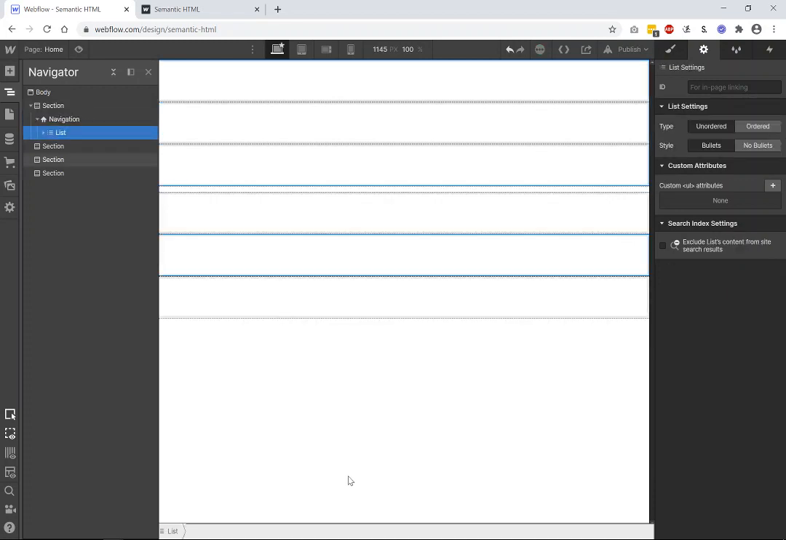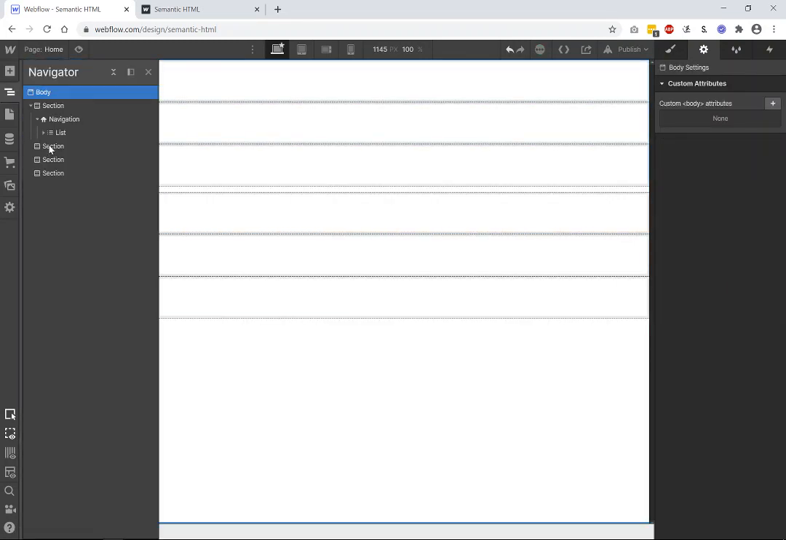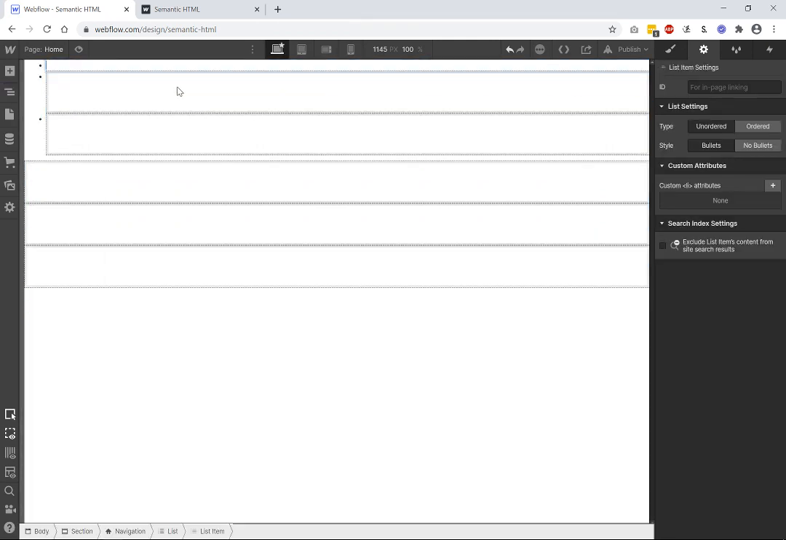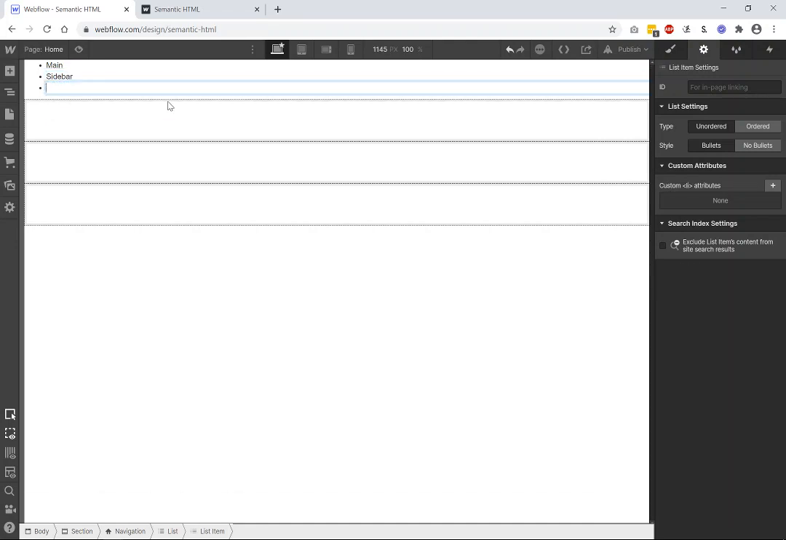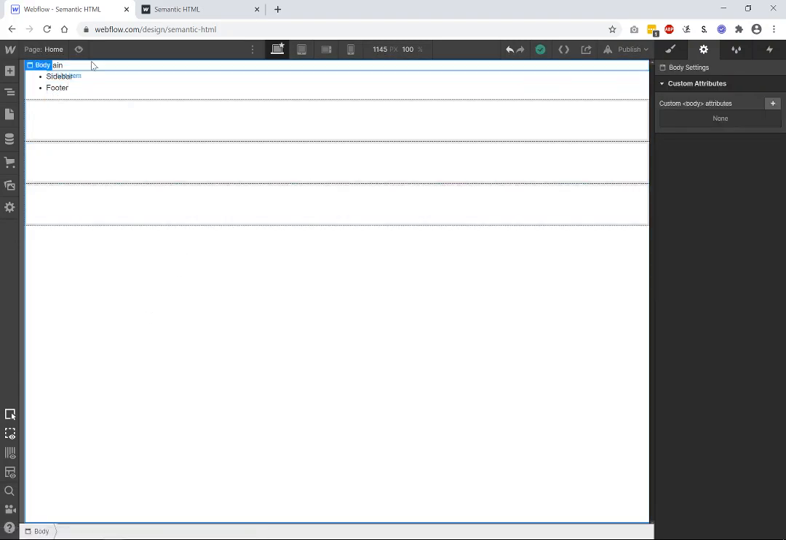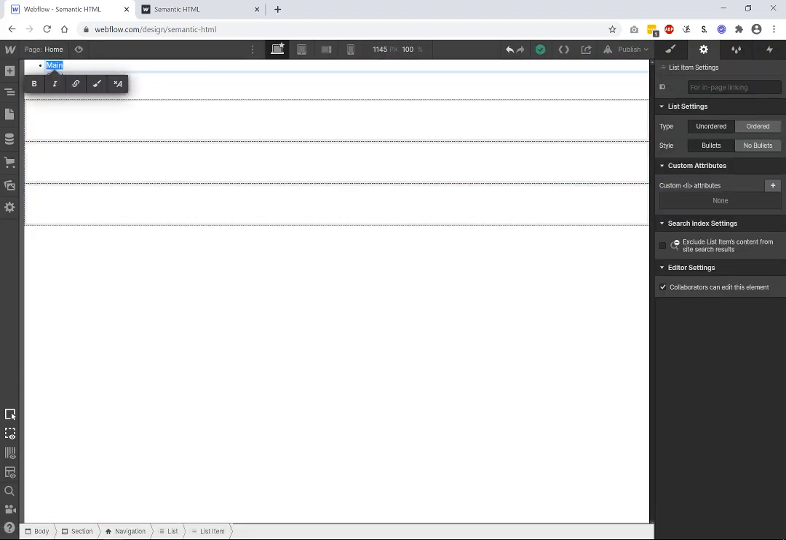There we go. Okay, so now our list is inside of our navigation, and I'm just going to add a few things here. One is going to be main, and then we're going to say sidebar, and then what's the last one? The last one is footer. Okay. And let's go in here and we'll just double click on each of these, and we'll choose the insert